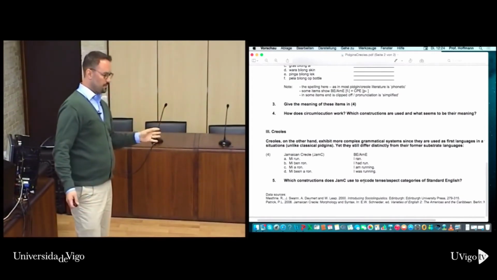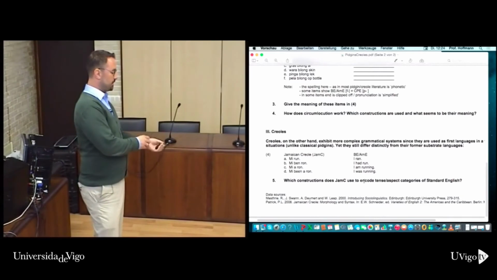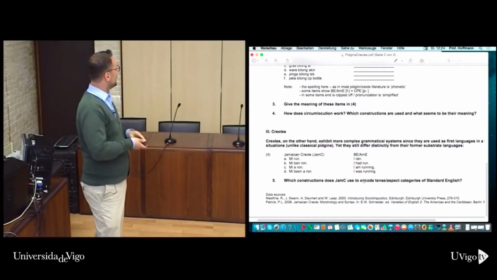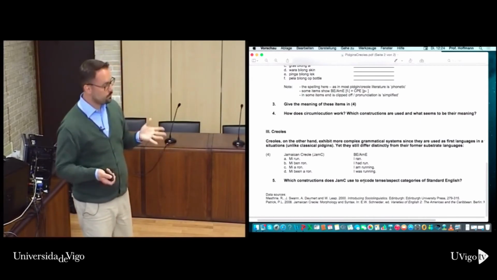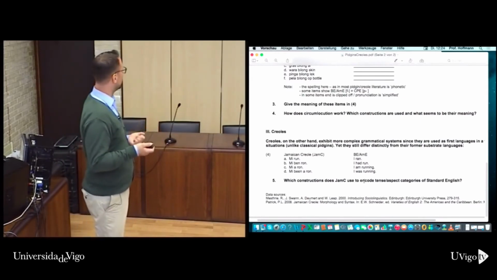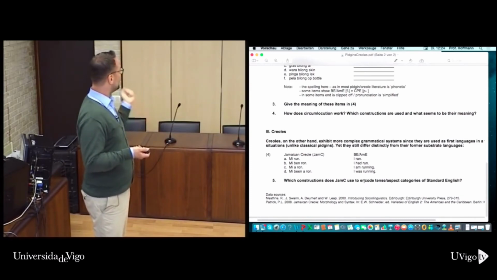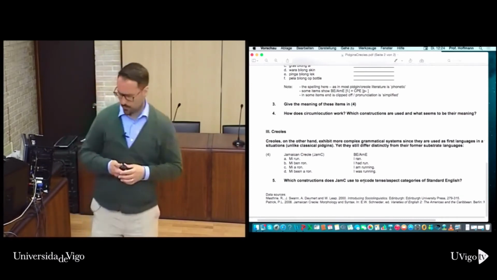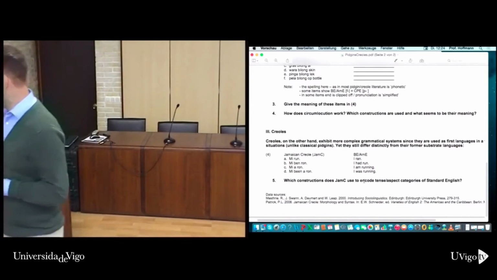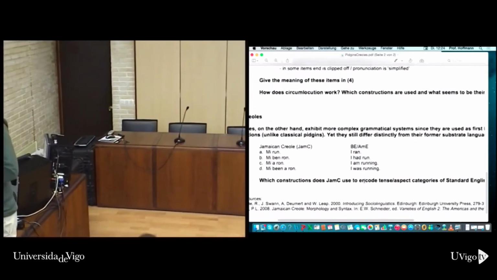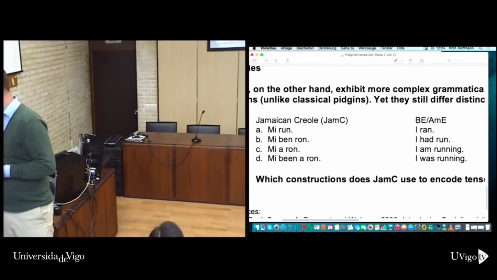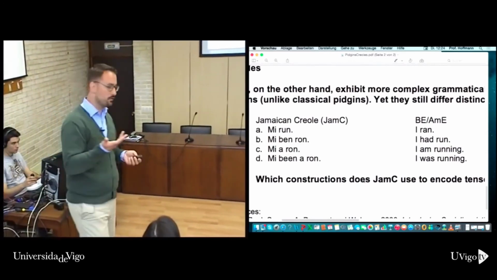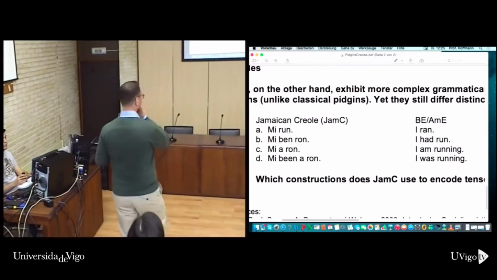There it's not just short-lived context, but definitely longer. And now we get something where, again, a more complex system evolves, but perhaps also a more analytic one is preferred. So we look at Jamaican Creole. That's been around for quite some time. And obviously, since you've got to talk about more elements, you also need more complexity in the grammatical system. That's also why Creoles are very often perceived of as more complex than Pidgins.